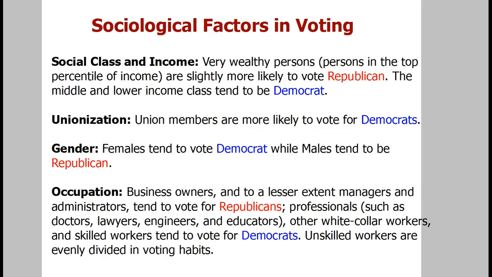Unionization. If you belong to a union, you more than likely vote for Democrats, and that's pretty much across the board. The unions have always been the backbone of the Democratic Party. Because remember, Democrats, liberals tend to believe in the group and the importance of helping others, and that's essentially the role of a union. As far as gender, females tend to vote Democratic,